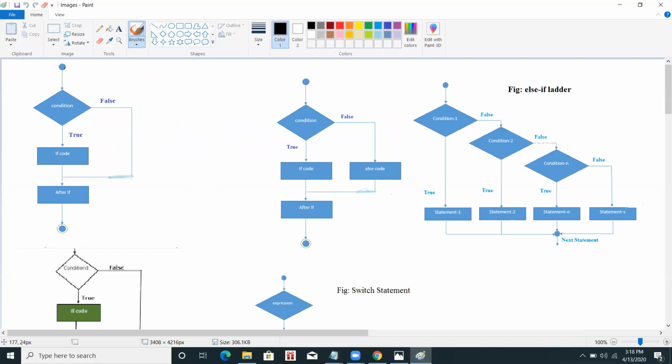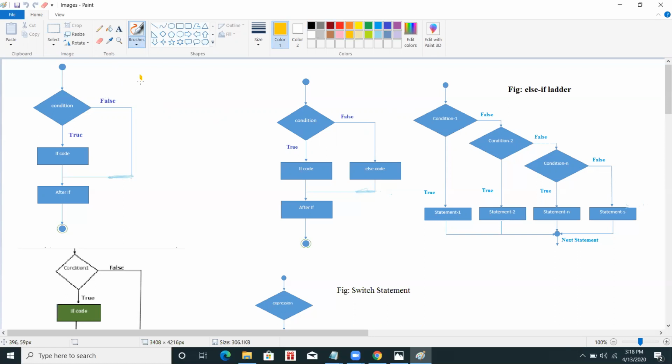Now what is a condition? Let's take a simple example of voting. What is the criteria for voting?